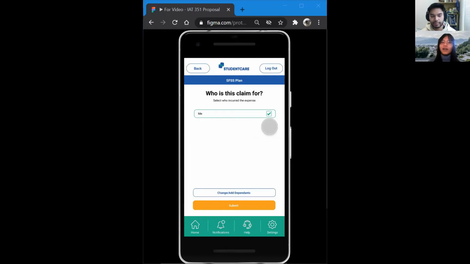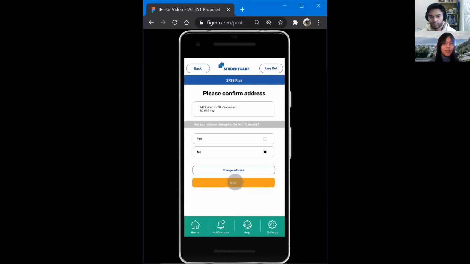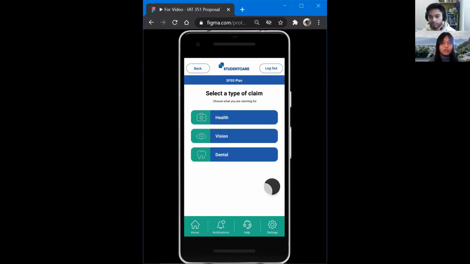So we're already on the claim. So if we were to go through it, submit, you can see that the buttons to go to the next pages are very close to each other. But on the other hand, we kept the back buttons to exit further away to increase the movement. So the movement here was very little to go between the pages, but to go back,